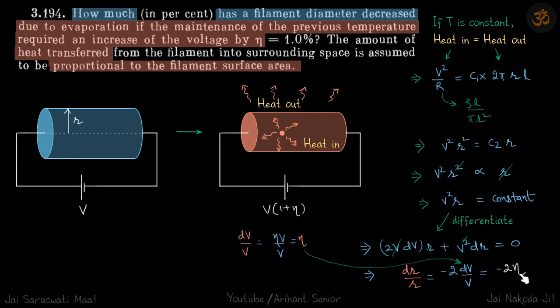So he has given a hint here that the filament diameter should decrease, but we did not know that. And we got our answer as negative, which means dR by R is a negative term, which means dR is negative. So from our equation also we got that the filament radius will decrease if the temperature needs to be maintained. So good question. I suggest you just look at it until you get all the things which we discussed.